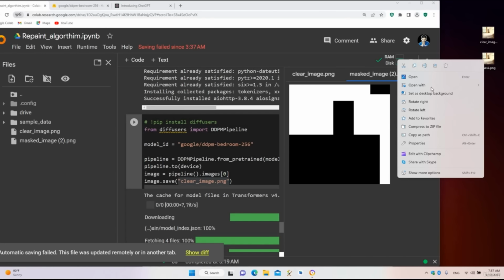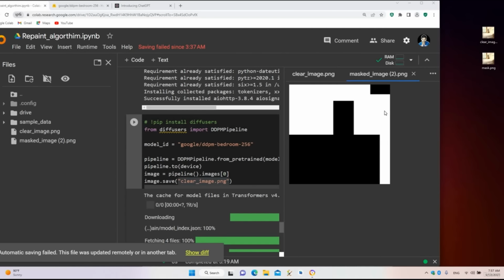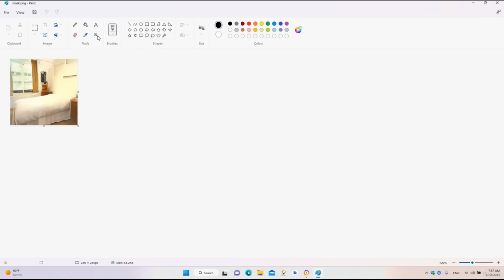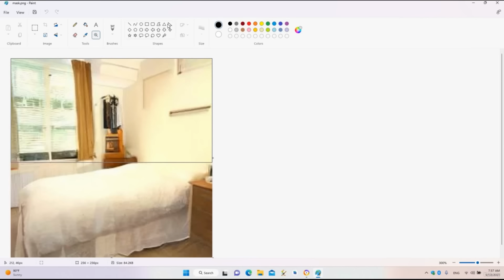Okay. Now I will open it using the Paint program. I will zoom in like this. And now what I will do is make the regions that I want to keep